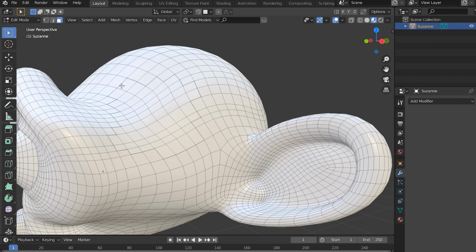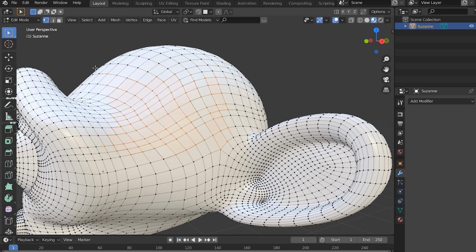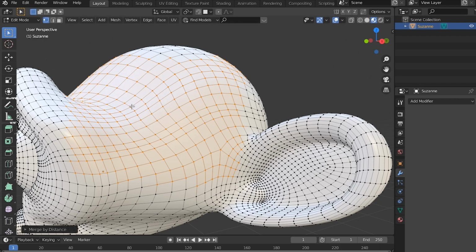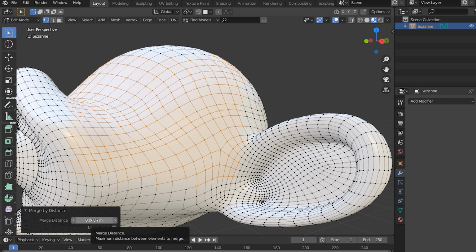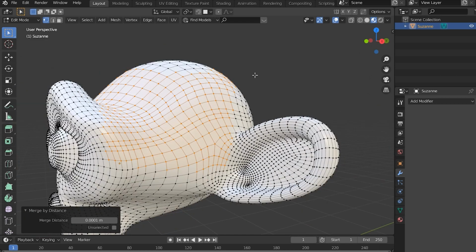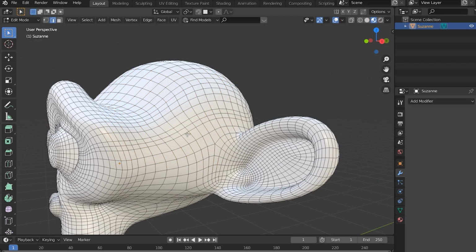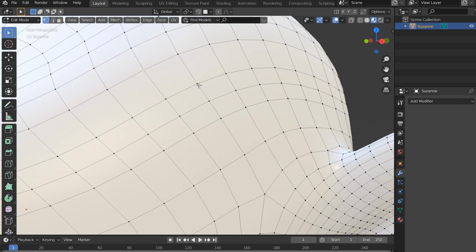Then as you can see, there is kind of an outline, so I'm going to go into point edit. I'm going to select all of these points, and then I'm going to merge them. So I'm going to click M for merge, and I'm going to merge by distance, which means it will merge all the points based on the distance that I have selected down here in the bottom. So this is a pretty safe distance when you just want to basically delete duplicates. And so all of these are being merged right now, and as you can see, when I click out of it, you can't see that outline anymore. It's all merged together.